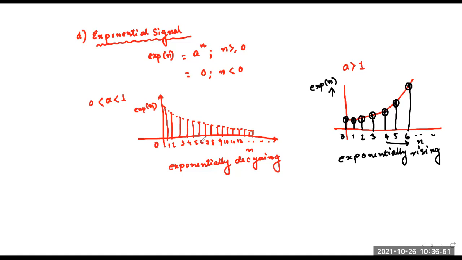So next, very important for us, is the discrete time sinusoidal signal. Now what is a sinusoidal signal? Sinusoidal signals are very commonly used signals. There are two types of sinusoidal signal: one is called the cosine signal and another is called the sine signal. So what is a discrete time sinusoidal signal? This is very, very important, and the properties of discrete time sinusoidal signals are very important. We have questions on these sinusoidal signals. So the next portion is called